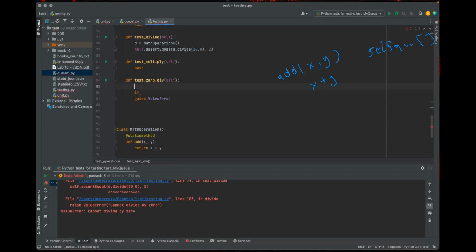We said we have assert equal, assert true, assert false, and then we also have something called assert raises. So we just do assert raises value error. Yes, and typically we use with.